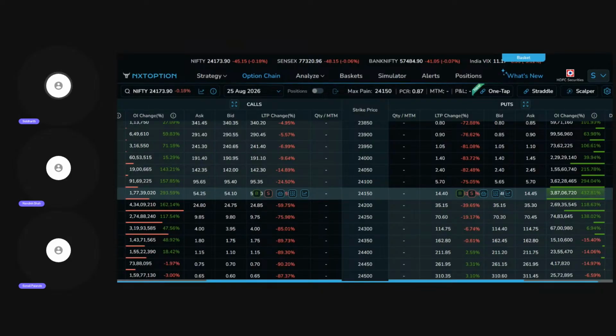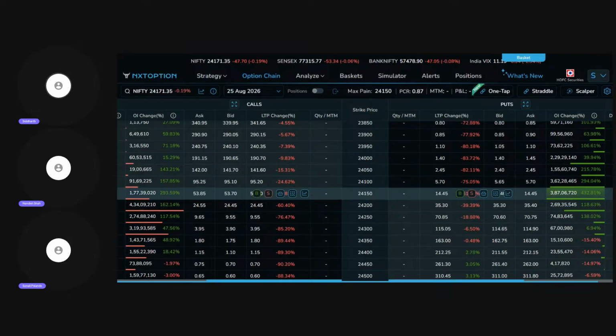This is very important for today's monthly expiry because it tells us the option writers are actively defending both sides of the market. Essentially, the market is being compressed within a narrow range in today's session. The key observation is around 24,150. The call open interest is around 2.98 lakh contracts, roughly an addition of 2.29 lakh, and the put open interest is around 5.76 lakh contracts with an addition of 4.65 lakh contracts. So there is significant positioning around this strike price from both sides.